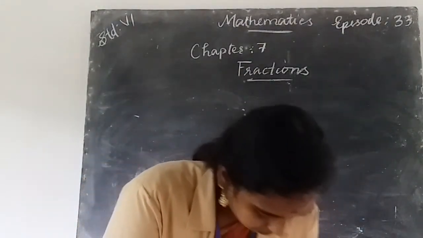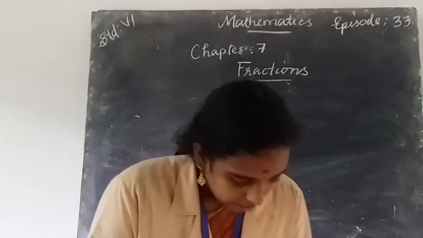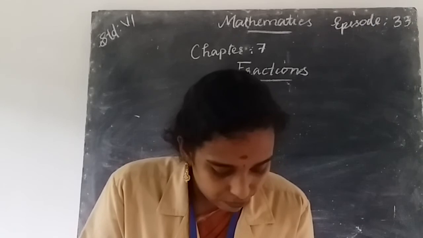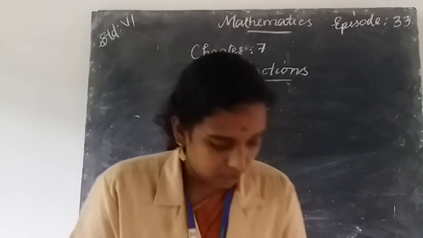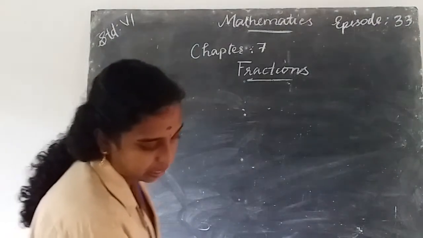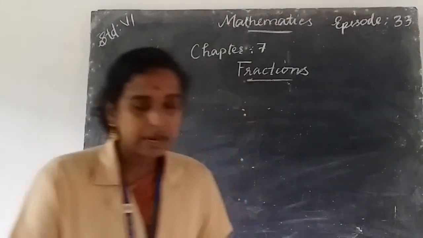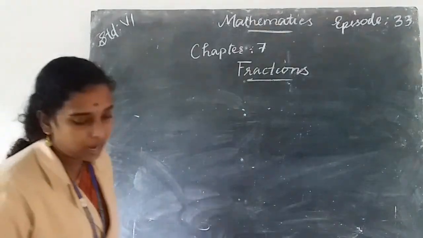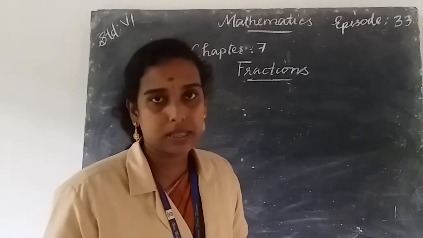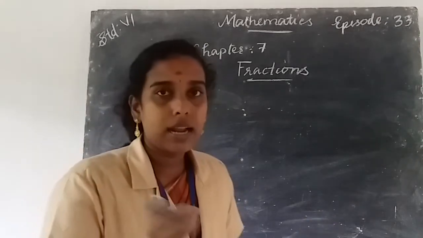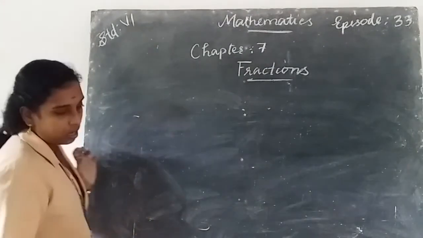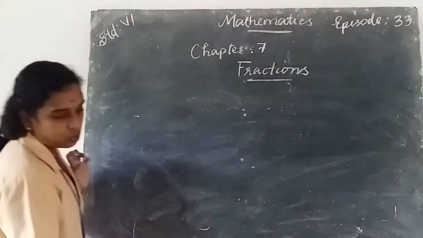Next question. Write the natural numbers from 102 to 113. What fraction of them are prime numbers? So here it is the same as the question number 8. We want to write the natural numbers from 102 to 113, then write the fraction of the prime numbers. So first we write the natural numbers from 102 to 113.